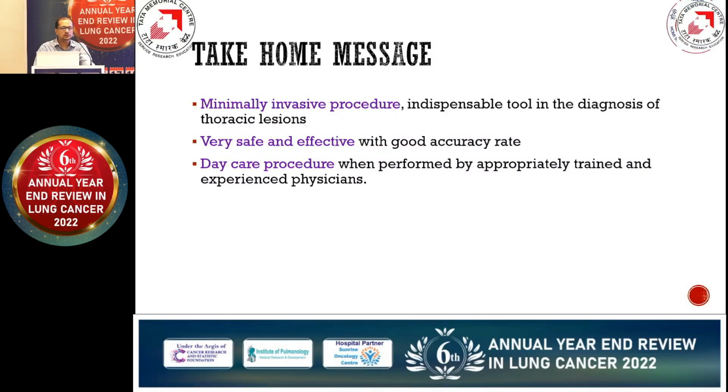So coming on to the take home message, these are minimally invasive procedures which are indispensable for diagnosing thoracic lesions. It is very safe and effective with good accuracy, and it is a daycare procedure, which can be learned by any